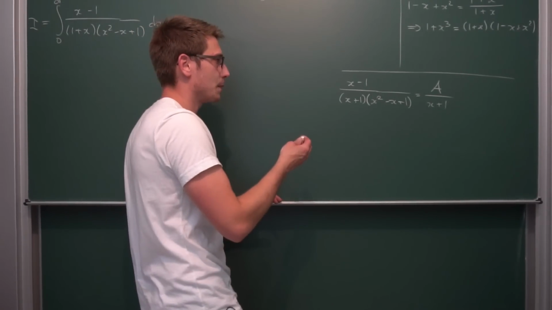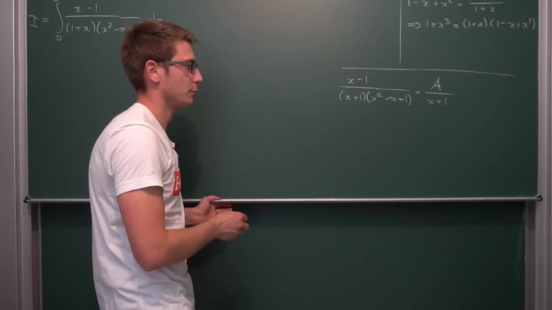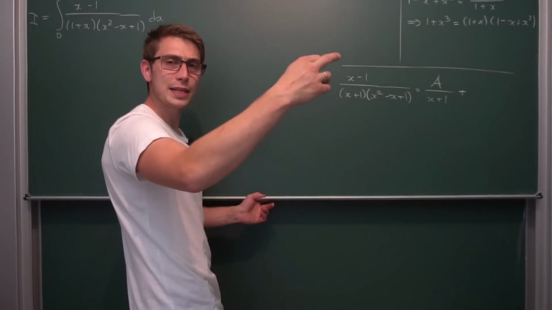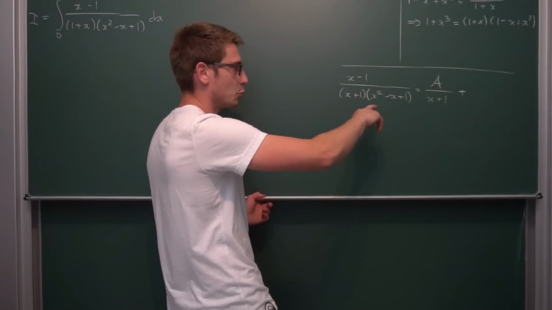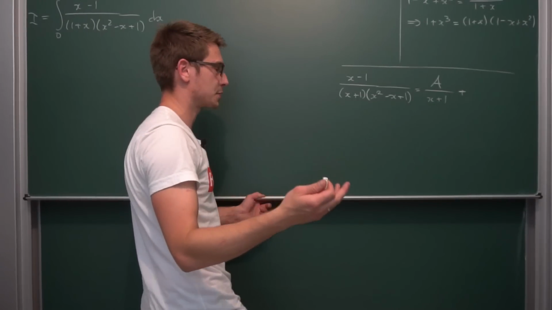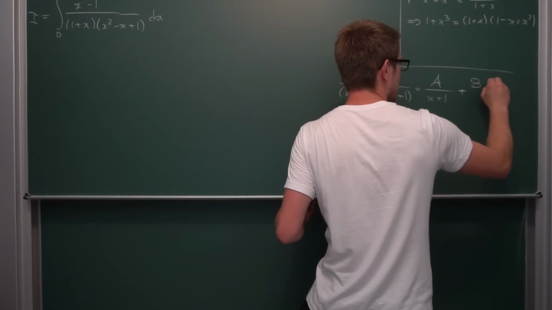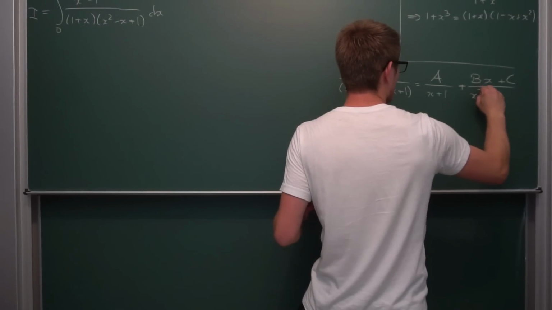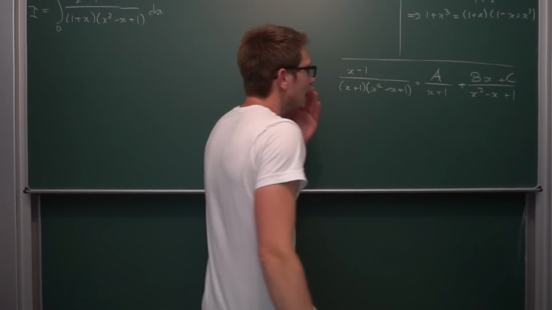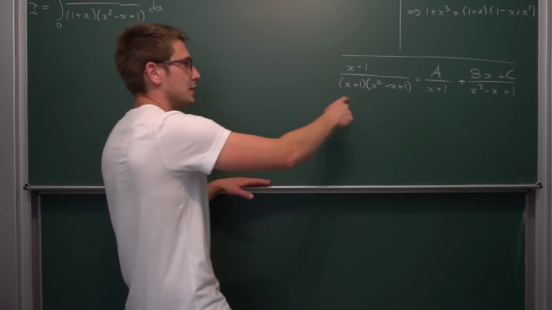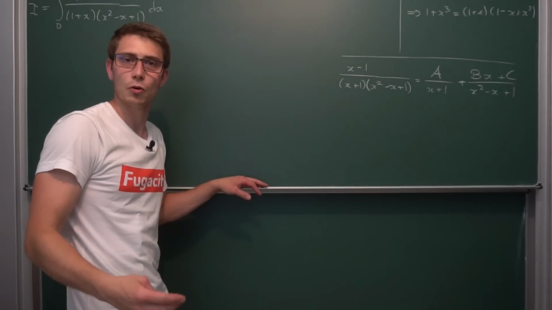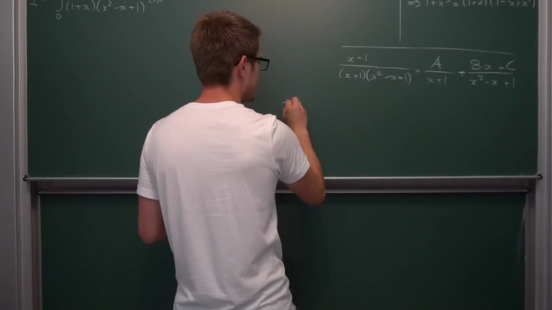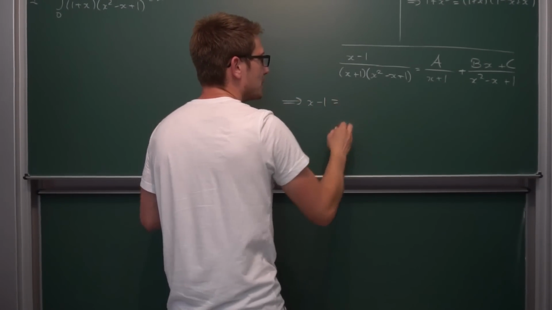Because we're going to compare coefficients later, if you're not familiar with partial fraction decomposition yet. And then we are going to add, and now we are going to decrease the degree of the numerator by 1 of the degree of the denominator, meaning we're going to say this is plus some bx plus c divided by x squared minus x plus 1. And now what we can do, under the condition that the denominator is not equal to 0, is multiply both sides by the big denominator, giving us that x minus 1 must be equal to